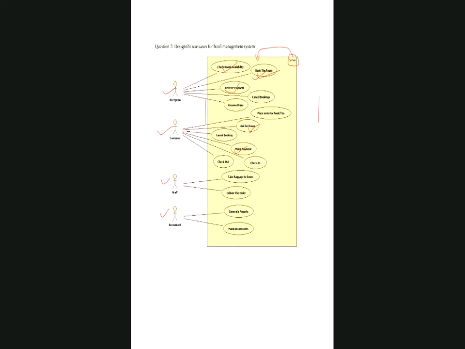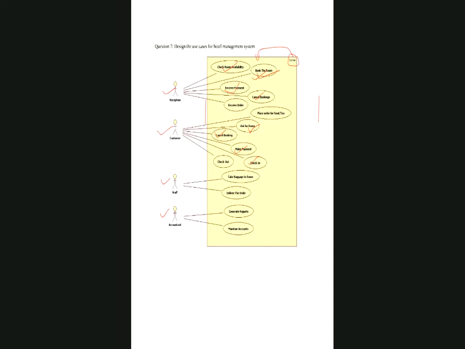Okay, booking has happened. Now after booking, sometimes the customer is not of the opinion to go with that, and he can cancel the booking also. If he cancels the booking, then the receptionist has to cancel the booking, right? Yeah. Now the customer has made the payment, and he got the room. When he got the room, he wants to check in. When he checks in, what happens?